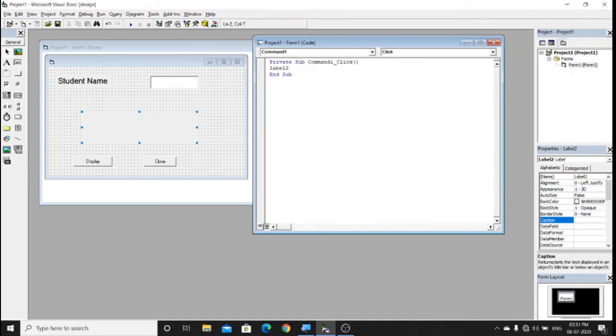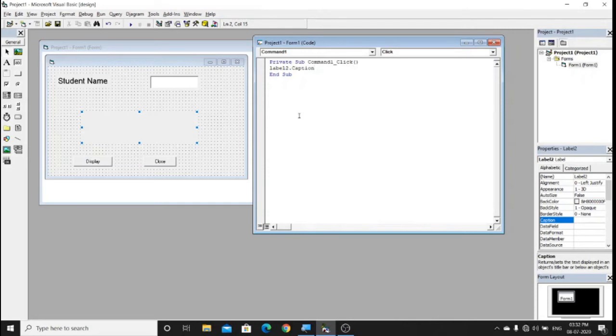Now when you write the property, you always put a dot before it. So you have to write the name of the control. The name of the control is label 2. Put a dot over here. And after the dot, you have to put the property you want. You can type it, but I can see my caption property is coming up here, so I can select it also. I'll put a dot again, and I'll click on caption. Okay, so label 2 dot caption.